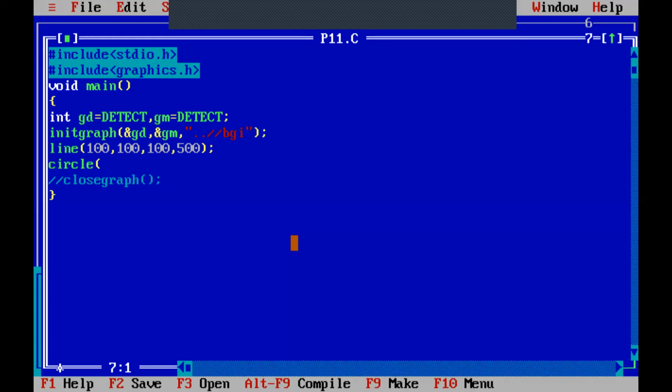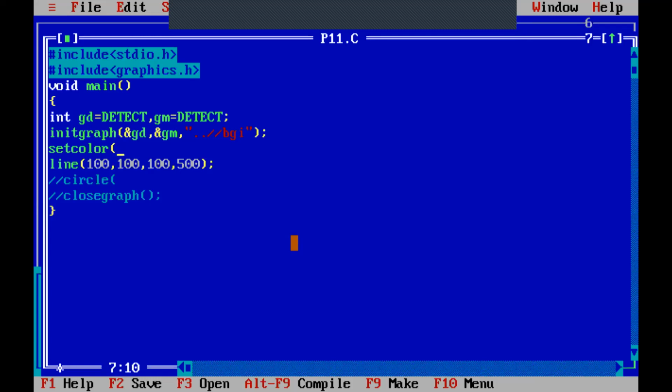Now, one more thing before we start with the circle. Graphics is nothing but we can have pictures, images, and shapes on the output screen, right? And along with that, we can give intensity or colors to that shape. So let us have the function set color. It is also an inbuilt function. Check the spelling of color here, because graphics uses COLOR since it is US software. It is not COLOUR as we write.